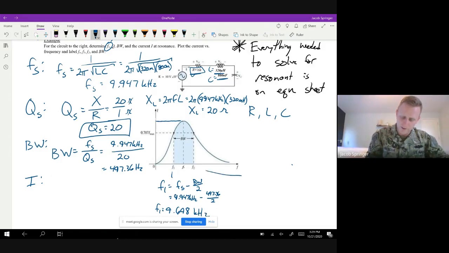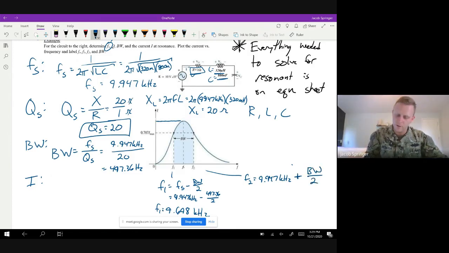F2 on this side is equal to 9.947 kilohertz plus, because it's higher than the resonant frequency. So I add that 497 over 2, and I come out to